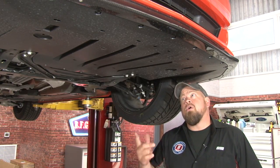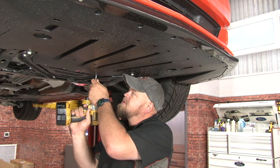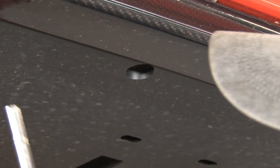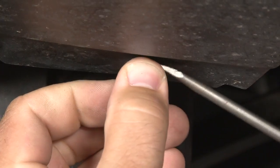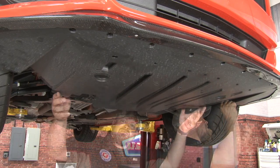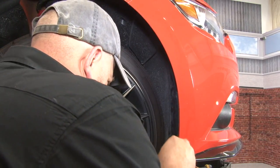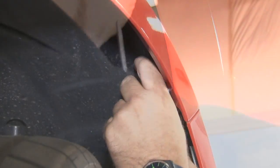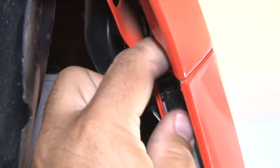We'll start the installation underneath the car by removing the splash pan. The splash pan is held in place by a bunch of screws and then a few plastic clips as well. Now we're going to move on to the 3 clips in the wheel well area. Now you want to pull the splash shield back so you can access